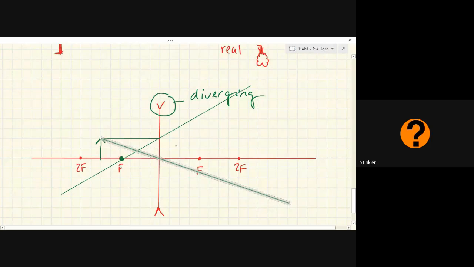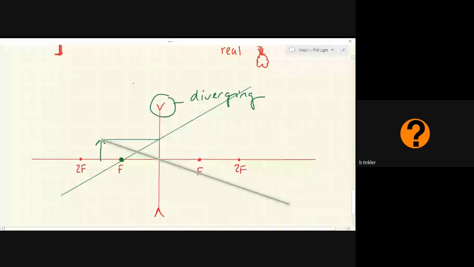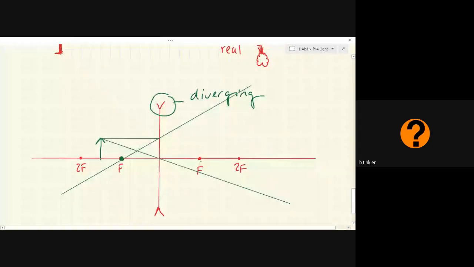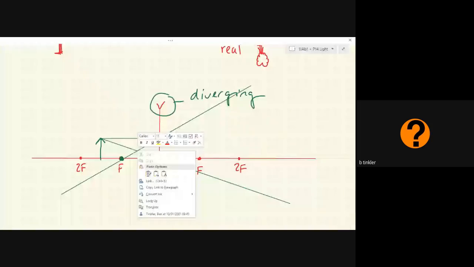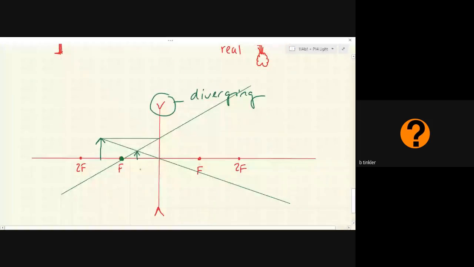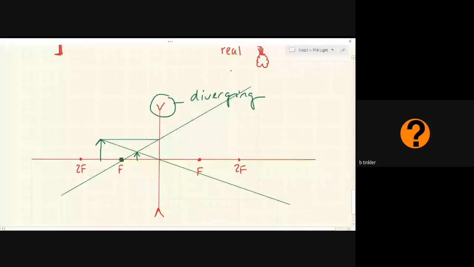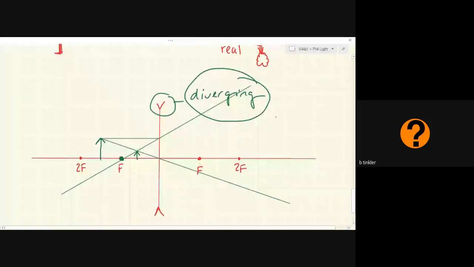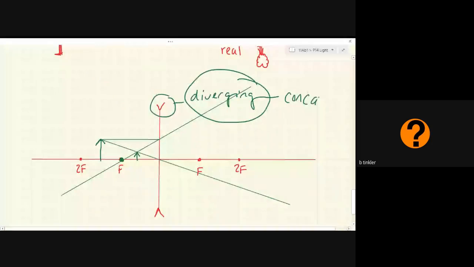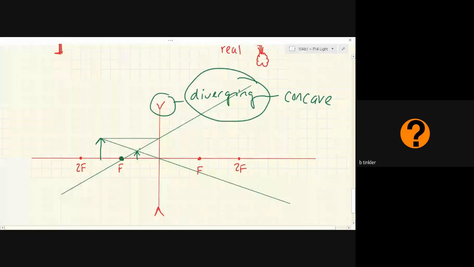Okay, so you can see that these lines do not meet on this side of the lens. There's no way they can meet on this side of the lens, and the image forms where they cross, which is here. So this image is going to be at this point here. So we've got this special situation where we're looking with a diverging concave lens where the image forms on the same side of the lens